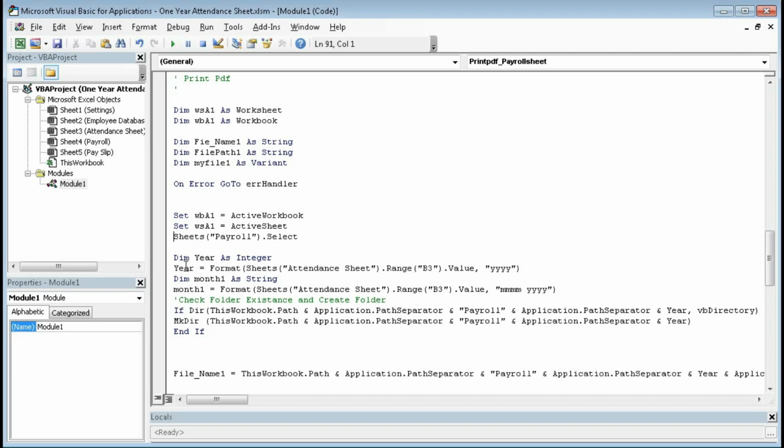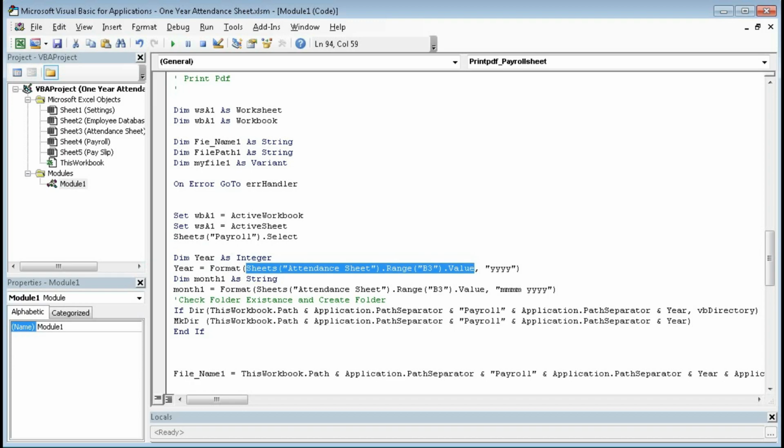And then here we have declared another variable, that is year as integer. Year equal to format, this is the formula for VBA to format the date. So sheets attendance dot range B3 dot value, and the format will be YYYY.